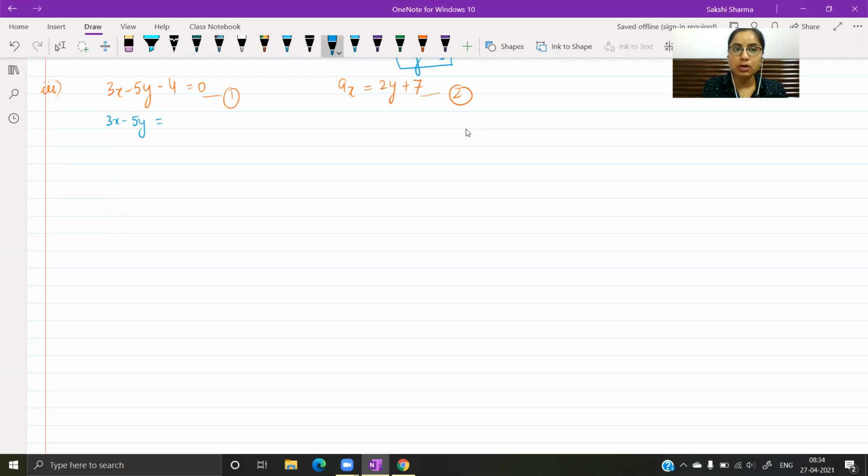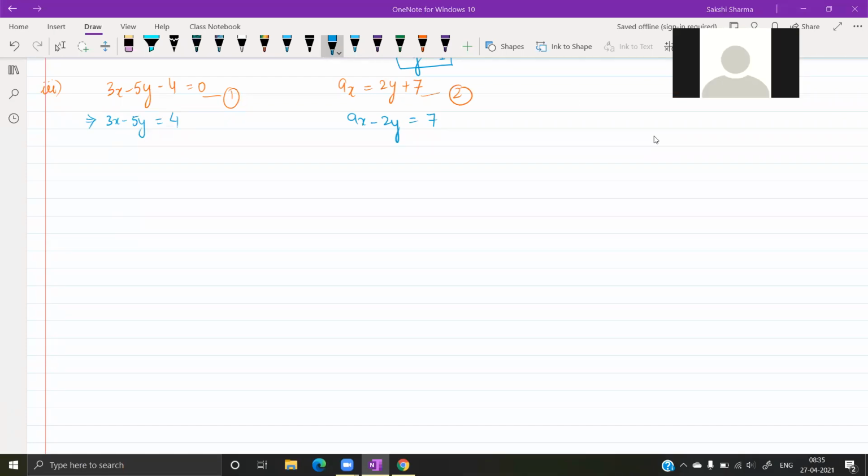The right hand side is 0. I'm just going to put the constant on the right hand side. For the second equation, I'm arranging the terms with the variables on left hand side, the constant on the right hand side. These are still equation 1 and 2. You don't have to name them again. After this, you want to decide which one you want to eliminate. So decide which one will be easier, whichever makes the work easier for you.